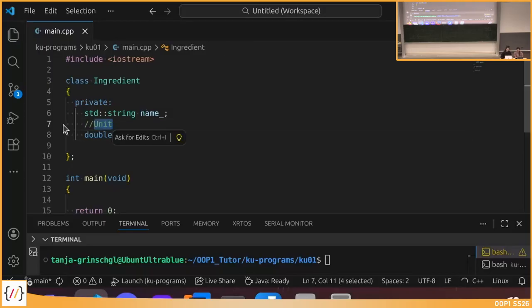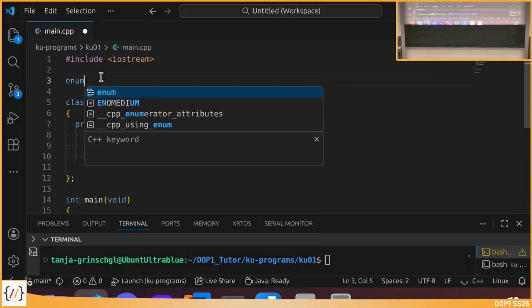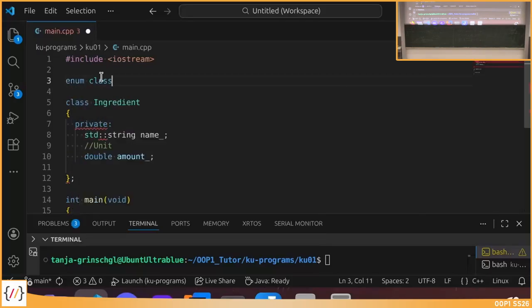For the unit, we kind of want custom values, because if you think of a unit in terms of ingredients, we have stuff like grams, we have stuff like milliliters. There's different types of units that we can use there, depending on what the ingredient actually is. So in order to make a custom definition for that, we can use something that's also new in C++, an enum class,